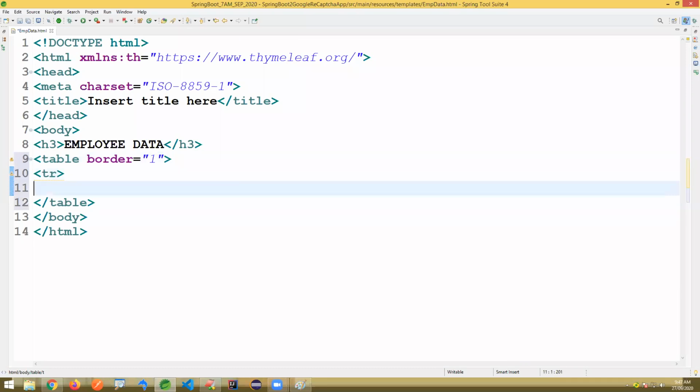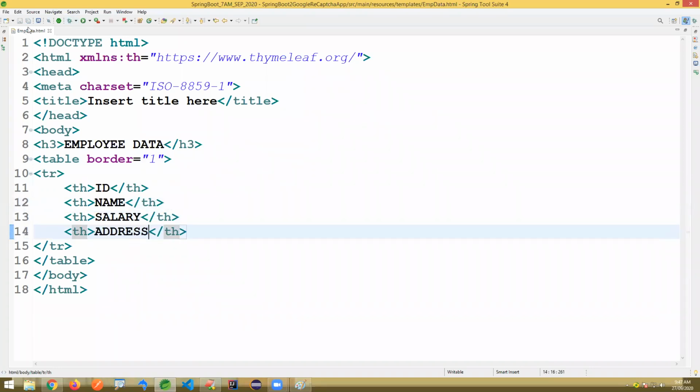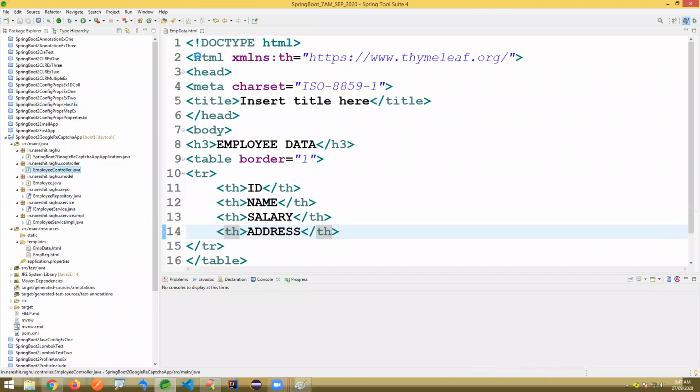It's a TR. It's a TH table heading. The first one is actually ID, name, salary, and address. And here, if you look at the data that we are sending through the controller,